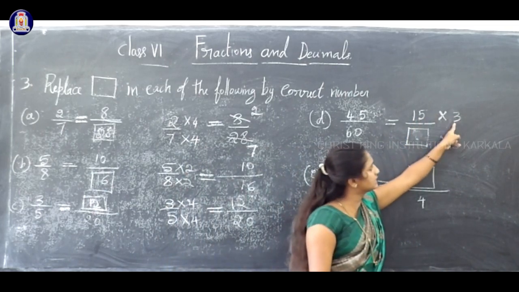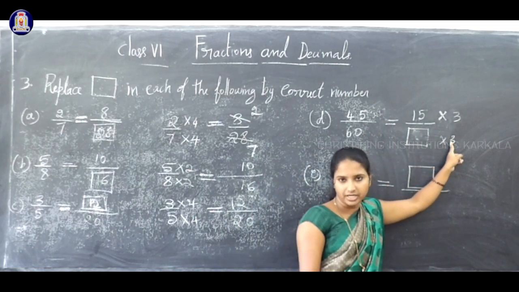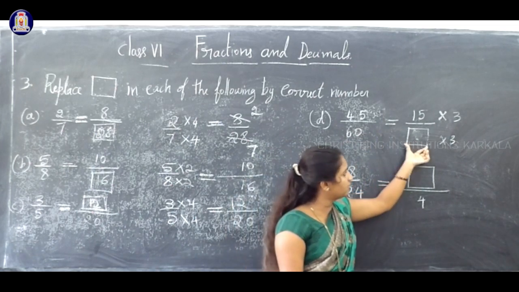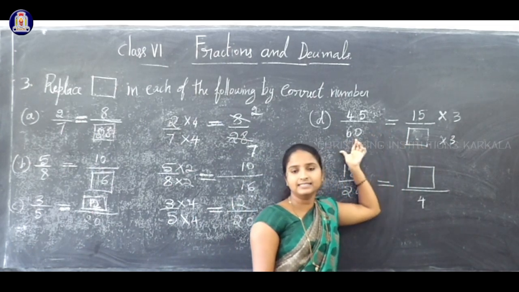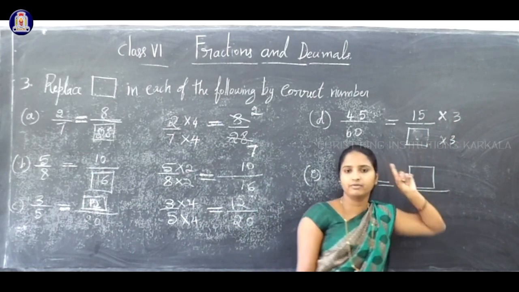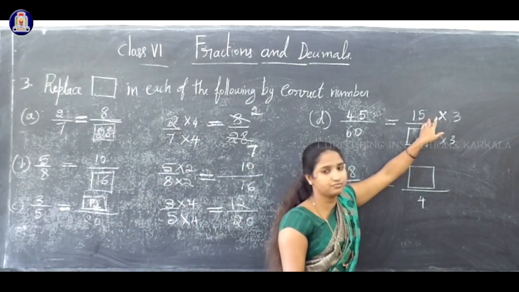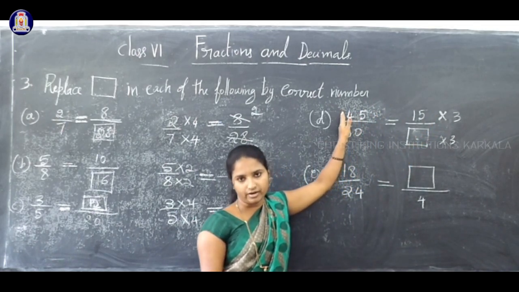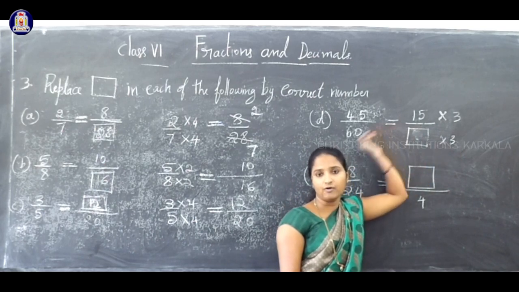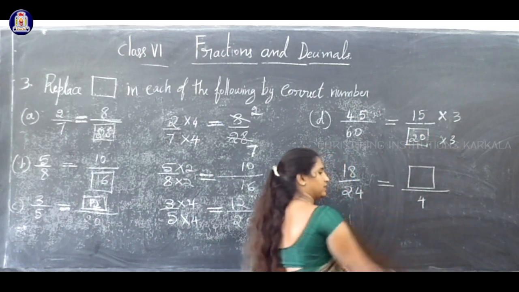Okay? Now 15 3s are 45. Now the same number should multiply to the denominator. So the answer is given as 60. Now you have to think which number we can multiply to get the answer 60. So why are we multiplying by 3? Because the same number we multiply to the numerator also. So if you multiply 3 into 15, the answer will be 45. That is correct, isn't it? So the same number we should multiply to the denominator. 3 how much are 60? You know that 3 20s are. If you want, you can multiply and see.